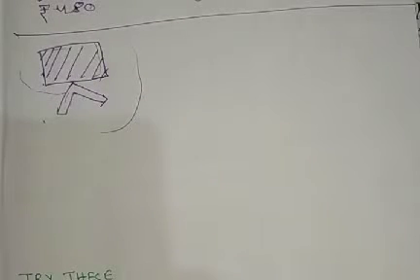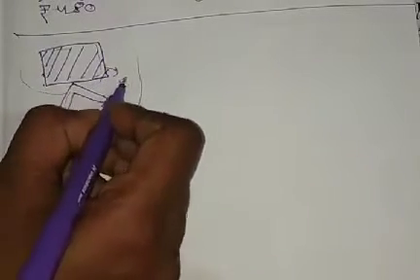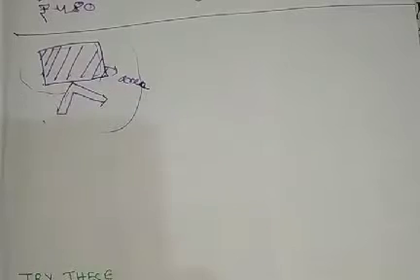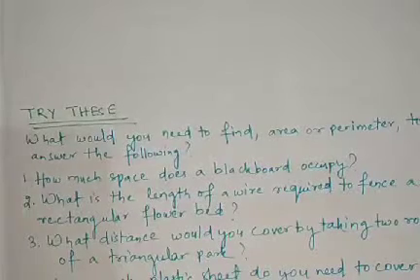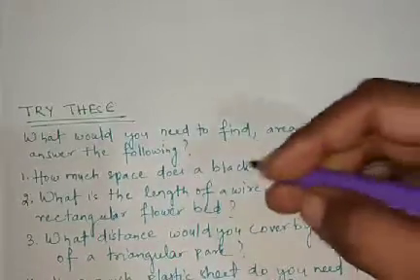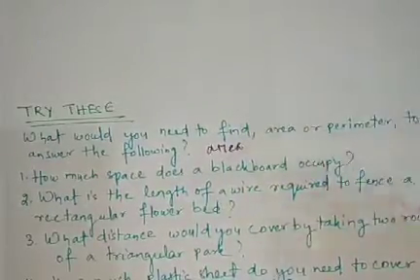You need to find area or perimeter. Here you need area. Here it is asking about space, so this is about area. You can write it here: you need area. Okay, next is